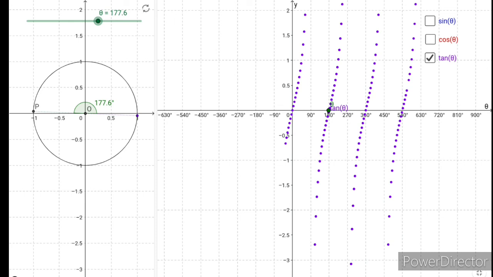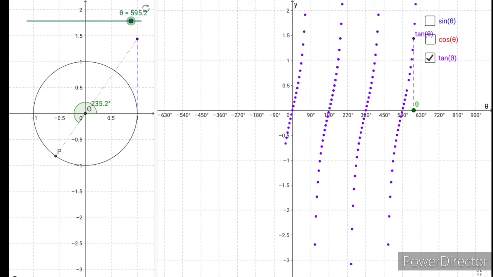Because tan theta is the opposite side by the adjacent side, whereas sin theta is the opposite side by the hypotenuse. As we take the ratio of two sides, after 180 degrees, the ratio keeps on repeating. We have seen that tan theta is the length of this magenta dotted line. After 180, it again keeps on repeating the same trend. So the period of tan theta is 180 degrees.